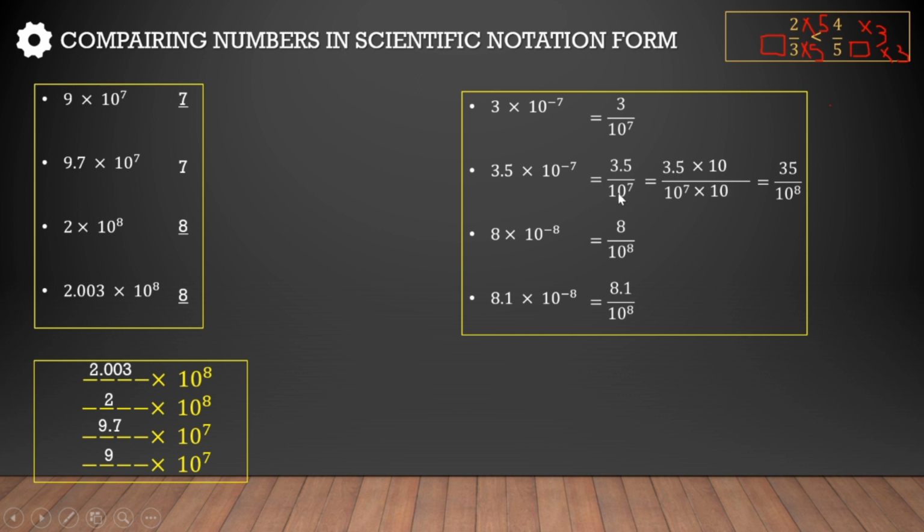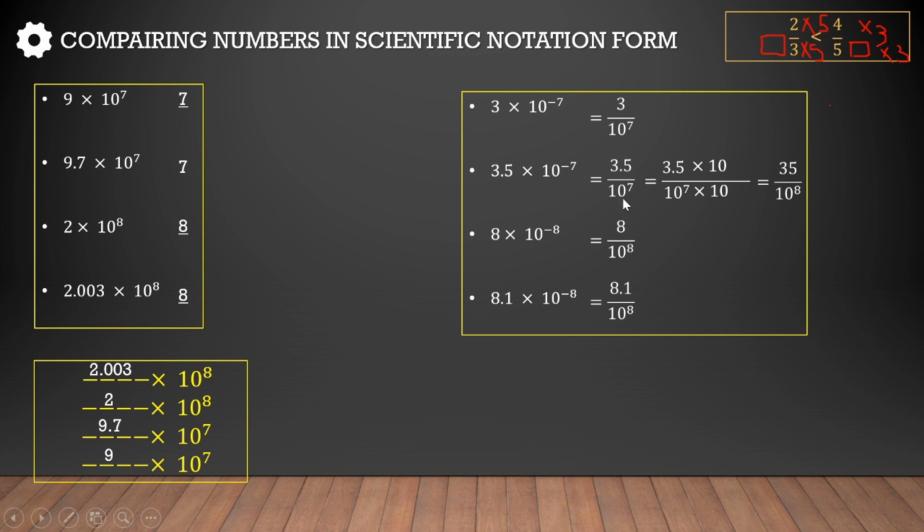Suppose this is 10 raised to power 7 and this is 10 raised to power 9, then we had to multiply with 10 raised to power 2. But the minimum number we had to multiply by 10 in this particular case. So definitely this is going to be a 2-digit number, but this will stay only a 1-digit number because initially all of them are 1-digit numbers, as scientific notation form is so.